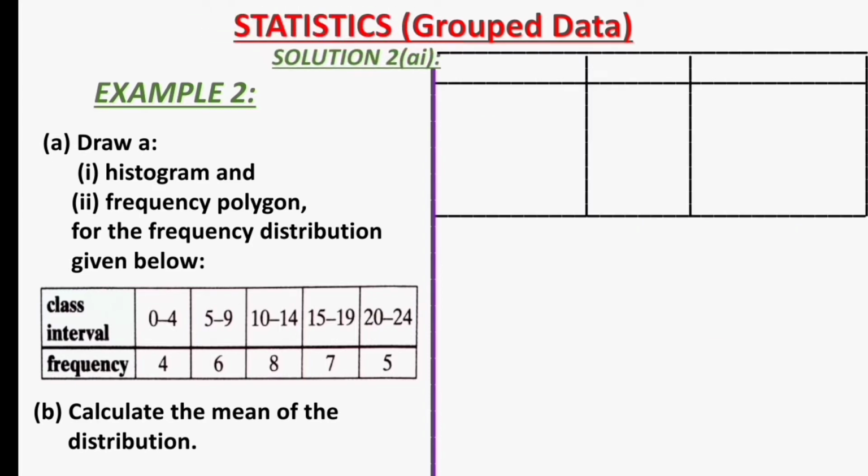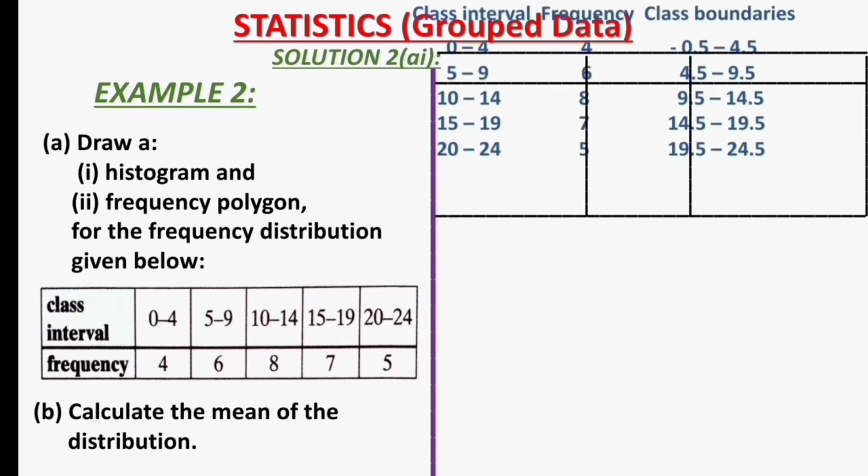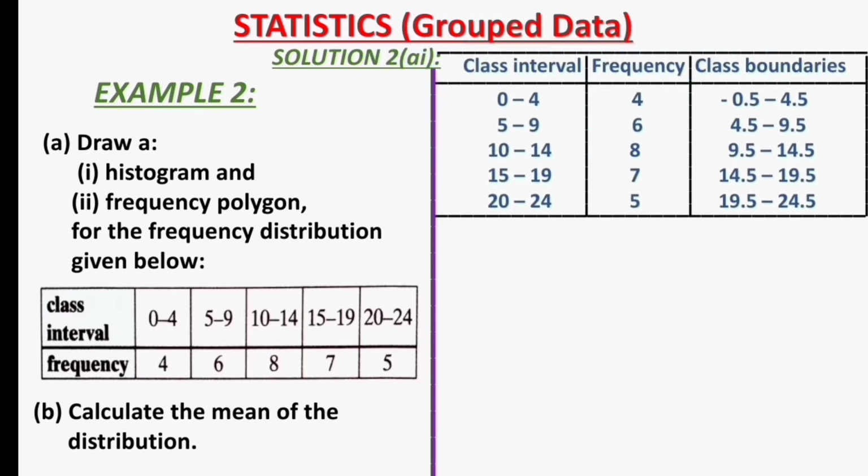Let's see the solution to question 2a, Roman figure 1, talking about drawing a histogram. Now to draw a histogram, we're going to plot the frequency on the vertical axis and the class boundaries on the horizontal axis. From the question, the class interval and the frequency are stated. What we need to find are the class boundaries. Don't forget, the lower class boundary is gotten from the lower class limit minus 0.5,